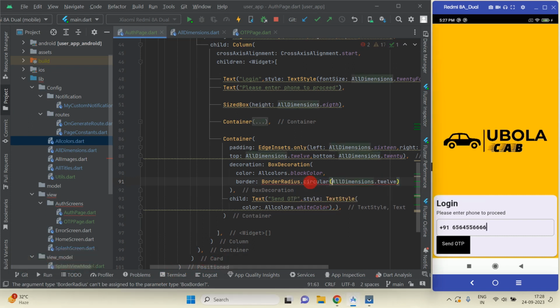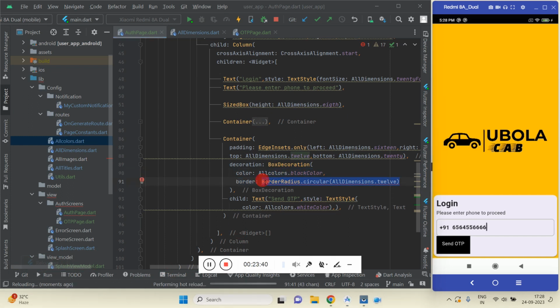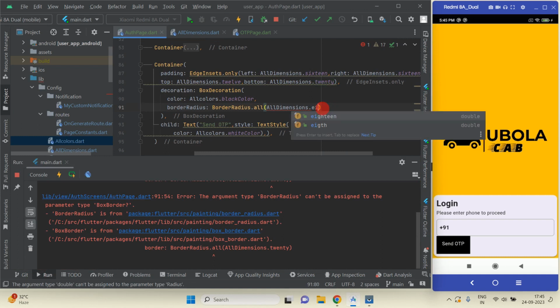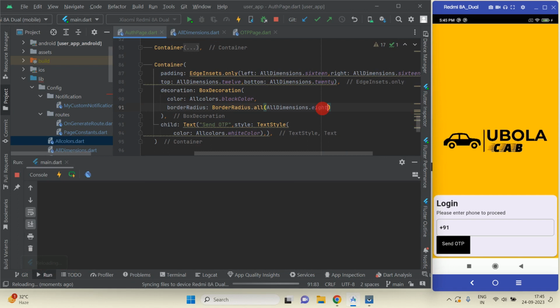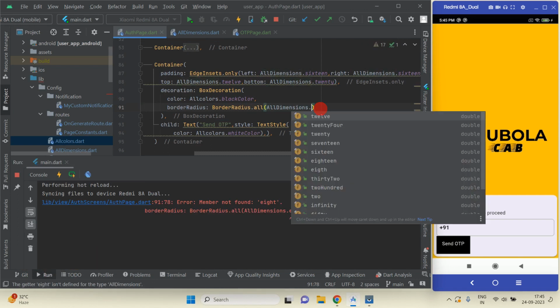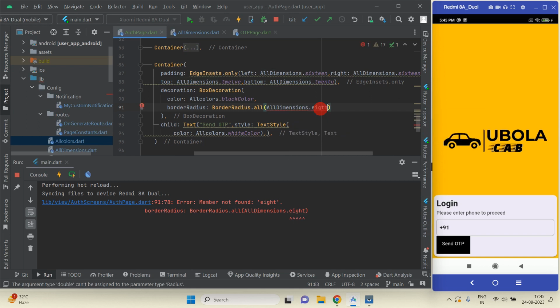This will be circular. Okay, border radius dot circular. Change this border to border radius. Okay, and then here this will be 8 and just save this. Okay, this will be circular. Okay,